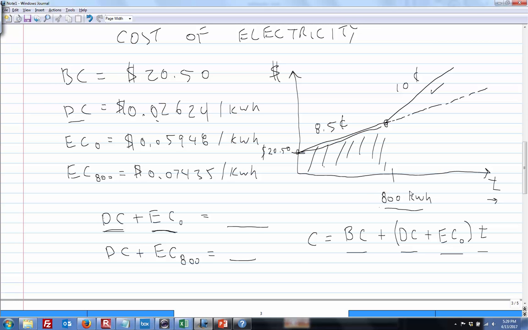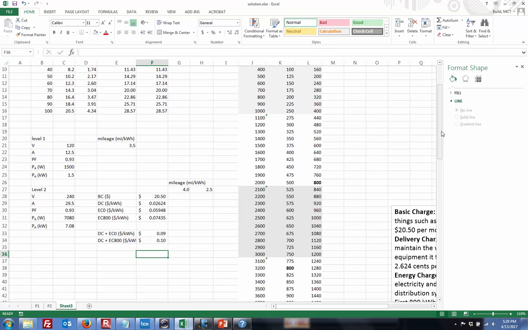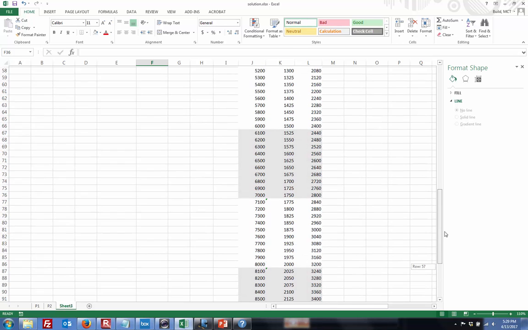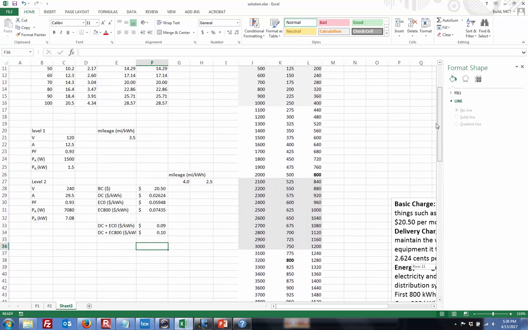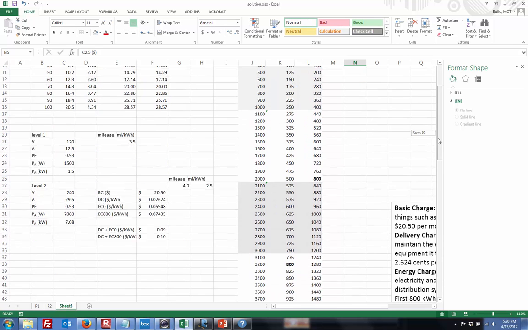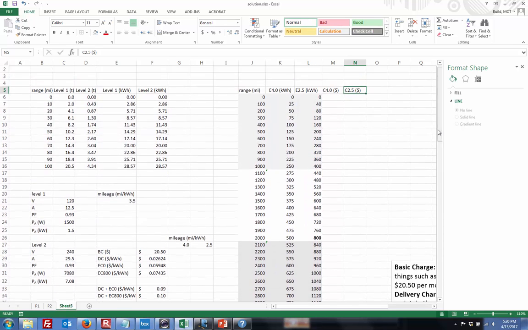As it turns out, it depends on how much you drive, but let's just say there's 12 months, it's a little less than 1,000 miles a month. So just about 2 months in, you click over into the more expensive tier in the less efficient vehicle, and it's going to take you closer to 3 months to get there in the more efficient vehicle. So the cost is going to equal the